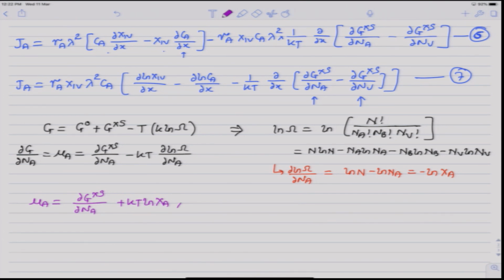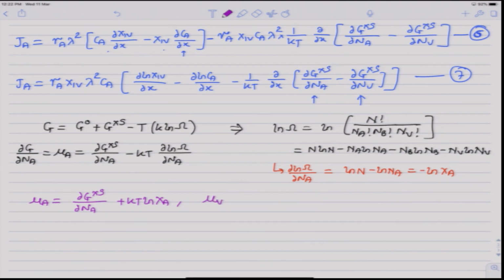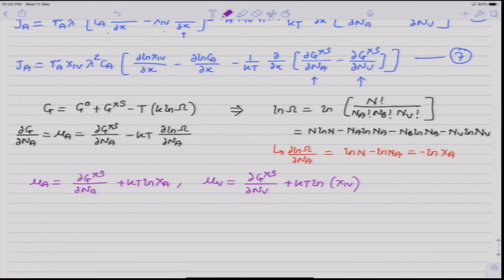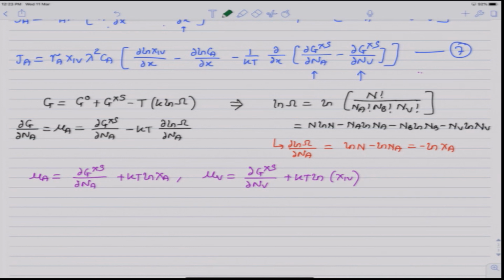With a similar logic, we can write mu V equal to dou G XS by dou NV plus KT ln of X1V. X1V is the site fraction of vacancies. And from here, if we substitute for dou G XS by dou NA and dou G XS by dou NV into equation 7 here, we will get